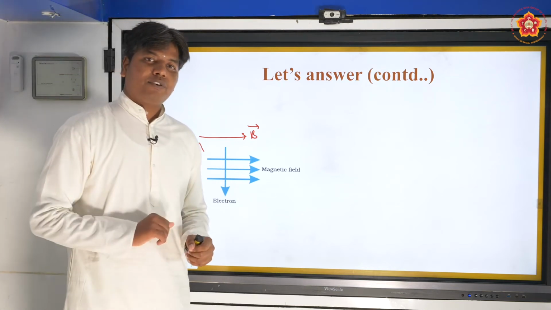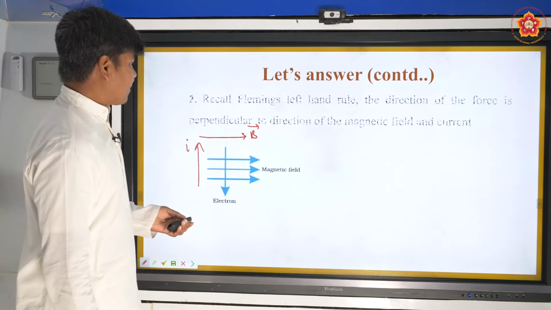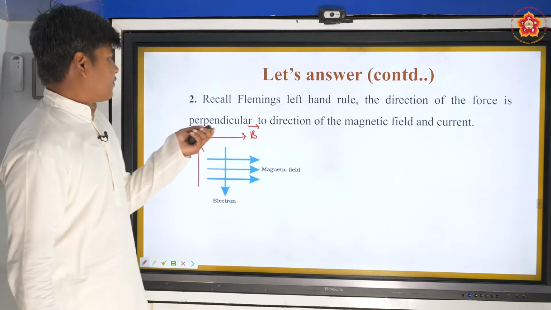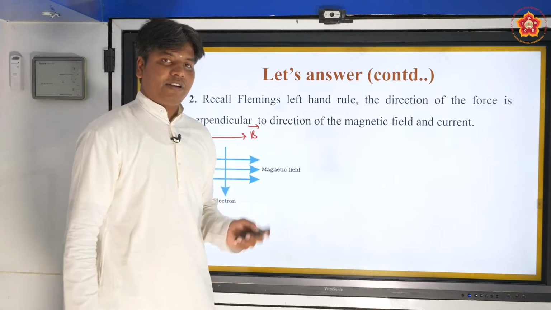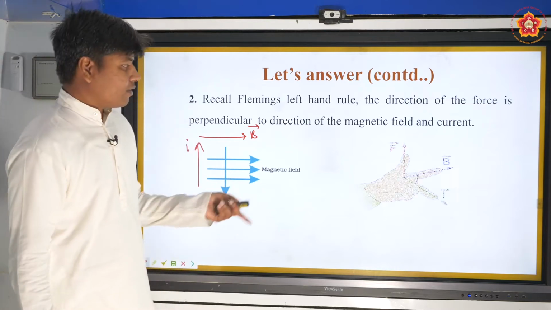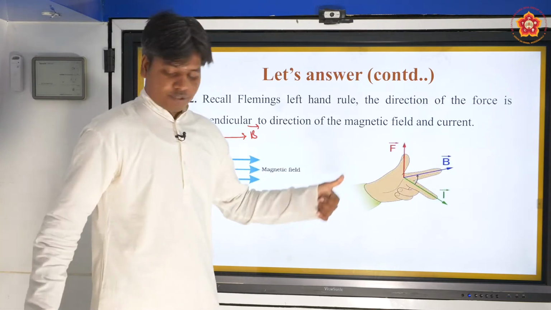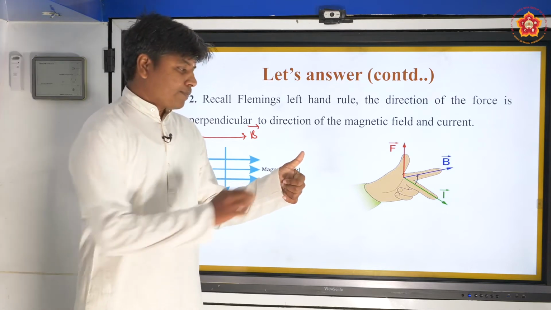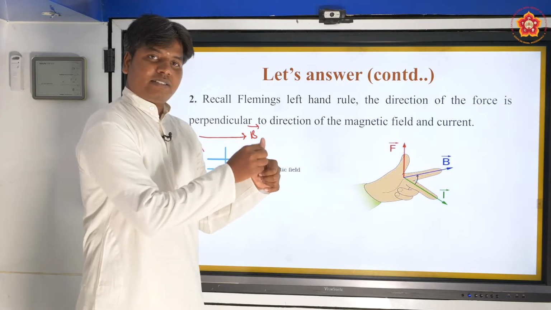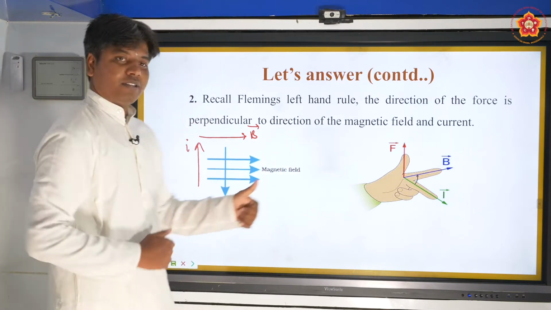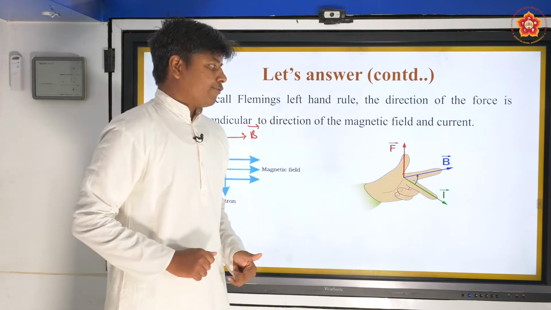Recall Fleming's left hand rule, right? Recall that the direction of the force is perpendicular to the direction of the magnetic field. What is Fleming's left hand rule? See here, the force experienced by the conductor. Here it is an electron. Okay. Now the force,